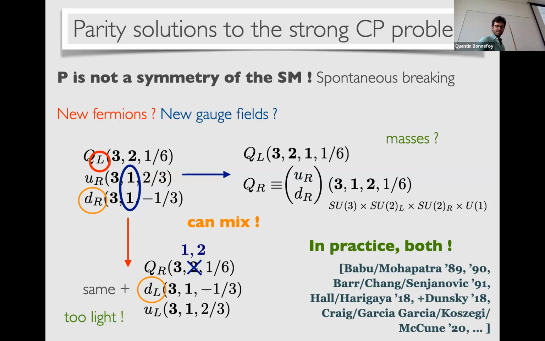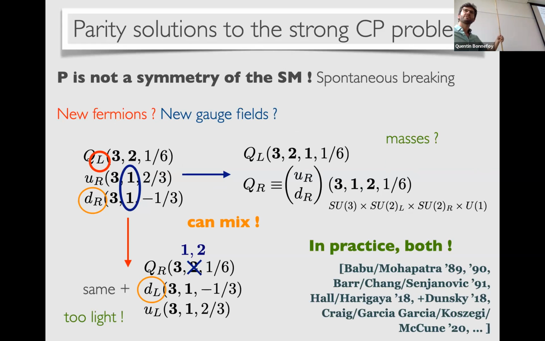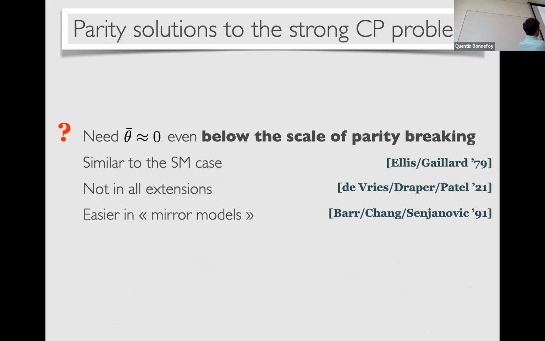And for instance, this paper that I was referencing a second ago showed that there are loop corrections to the theta angle that comes from these masses. So the fact that you're imposing parity and looking somehow like the star model does not imply immediately that you're going to get the same kind of suppression to the loop corrections to theta. So you have to be careful about this and check a posteriori that your BSM scenario does not regenerate theta in a way that is stronger than the star model. And what has been observed is that being similar to the star model is easier